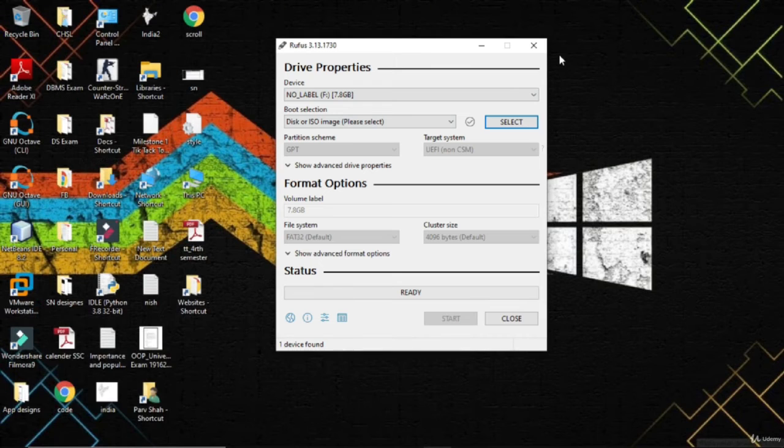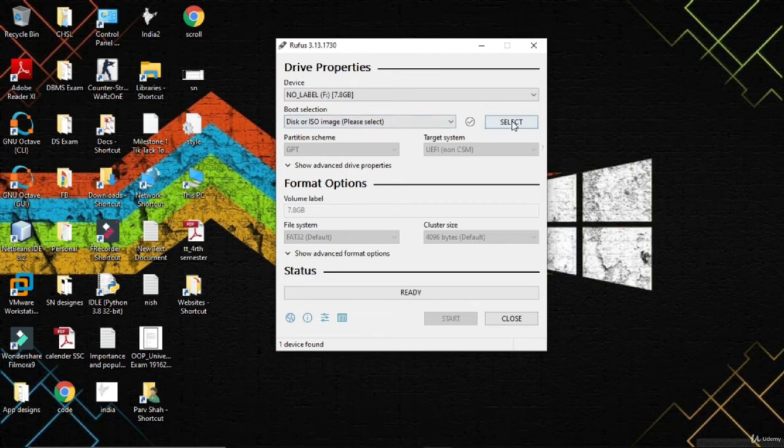Okay, this is it. See, no label. Devices, you have to select that properly, because no label F drive 7.8 GB. You can see SanDisk Cruzer Blade is also showing the official name, but select your device very carefully, because that device, where your OS will be installed, which here is Tails, will be totally formatted, right? It will just take 2 to 3 minutes to verify your device, because if you choose the wrong device, there may be a situation in which your whole computer is formatted, right?